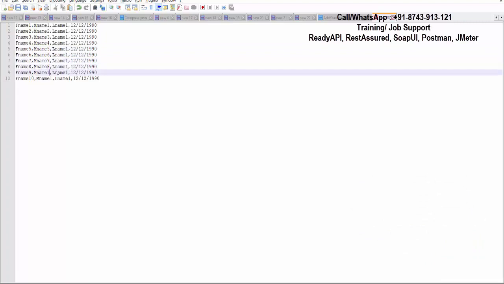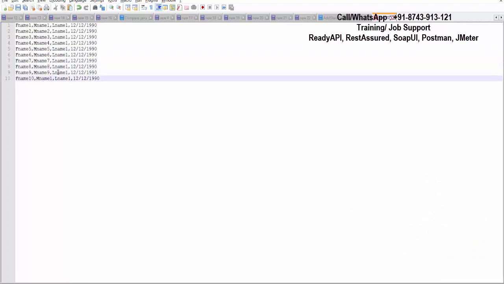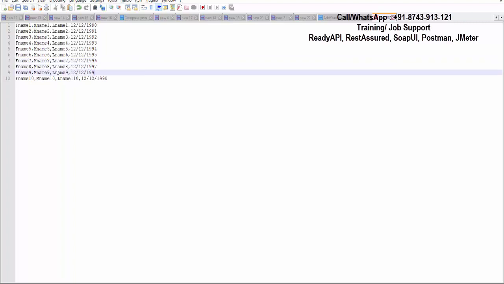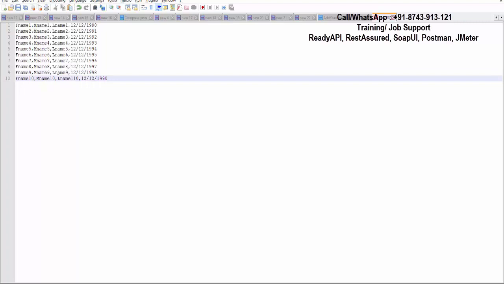First of all, I'm just maintaining my test data and I'll show you with the notepad first, then I'll show you how we can do it in Excel. And also I'm going to change the date of birth. Yeah, so my test data is prepared.